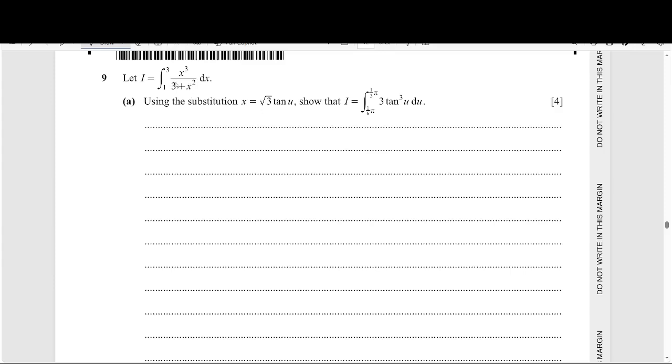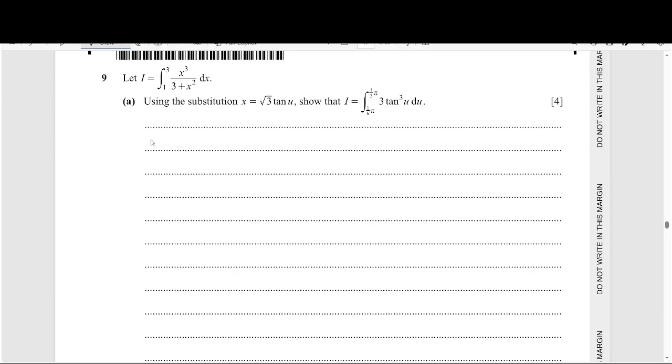We can work on the integrand. Do a substitution, find what x cube will be given this substitution, find what 3 plus x squared will be, and then do the division. When we finish with our final, and then we bring everything back to the integral sign. So that's exactly what I'm going to do. But I will start with